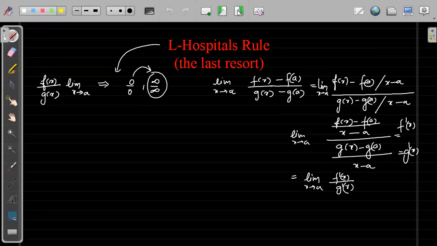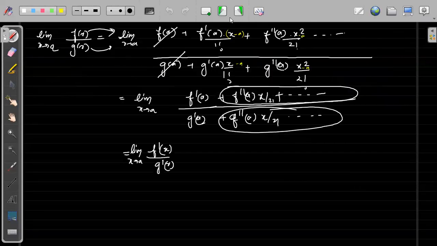So we have seen how we will use L'Hopital's rule. Because f(a) and g(a) both are 0, this is 0 by 0 form, so I'm saying that this is directly 0, right? That is why we are directly taking them as 0, because we know that f of a and g of a are 0. Remember this is x minus a. In books you will see x minus a whole square, but I'm not writing that here; I'm taking x tending to 0 so that it will be easy for you to understand.